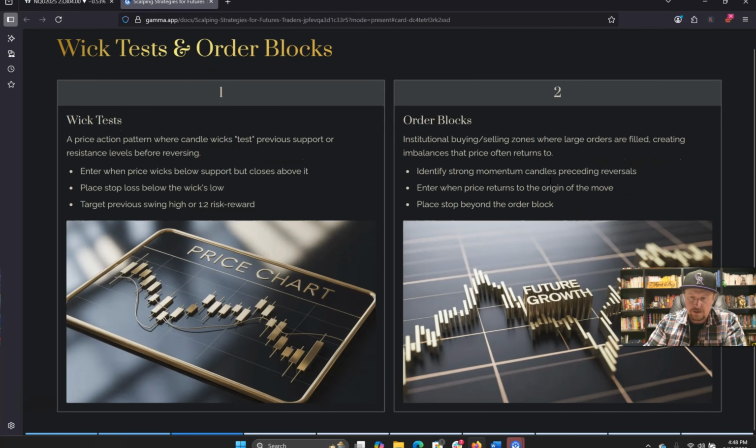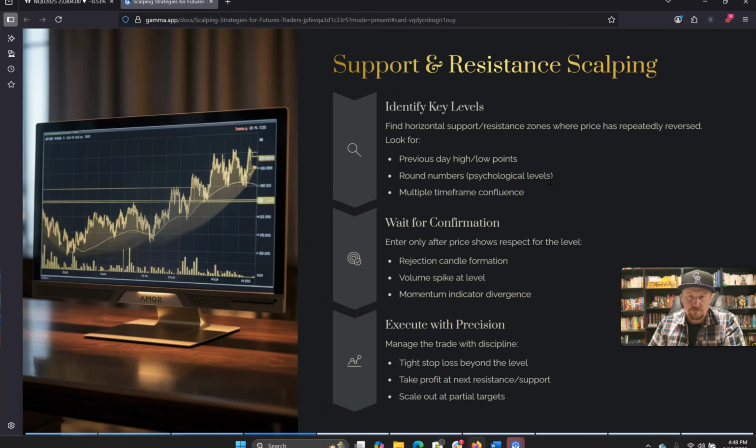And again, we'll have a more in-depth video on each of these, and I'll show you in real time how I do this. Support and resistance scalping, okay? Identify key levels. Find horizontal support resistance zones where price has repeatedly reversed. Look for previous day highs and lows, round numbers,